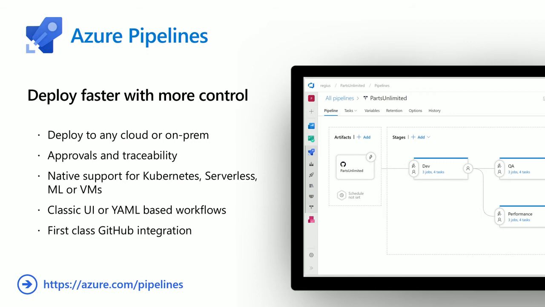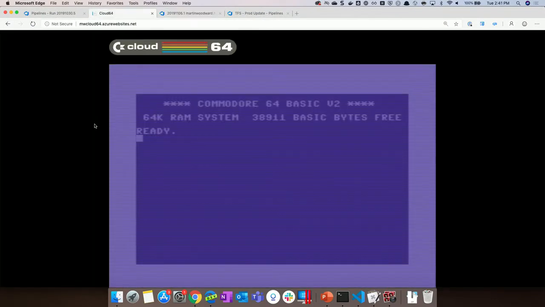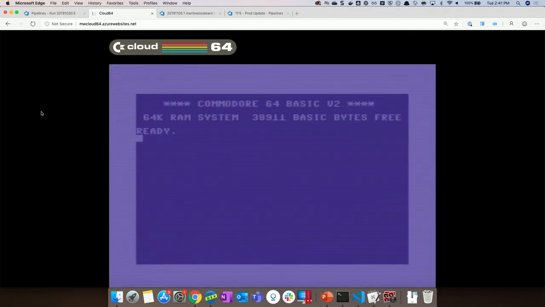Cool. So if we jump back on, hopefully the build's completed now, and has the deployment stage. Great. The deployment's completed as well. Yeah. So let's just jump back and we'll refresh this. This is how you restart a Commodore 64 these days. You control refresh the browser. And so it's going to actually look for that file, I'm pretty sure. Yeah, it's going to look for the virtual tape drive device. Try hitting control refresh on that again for me, just to make sure. It's going to come in, look for a virtual tape device, loading in there, hopefully. There we go. It's going to load it up, run it, and then... Da-da-da! Oh, hello, kind of went wrong, but there we are.